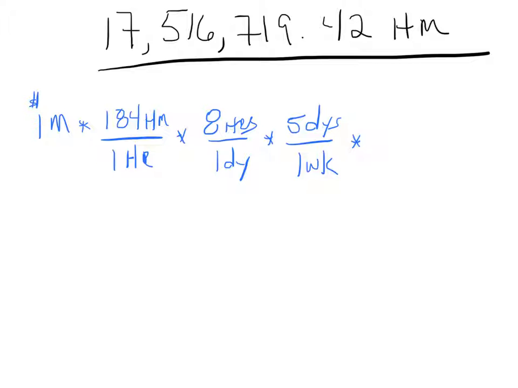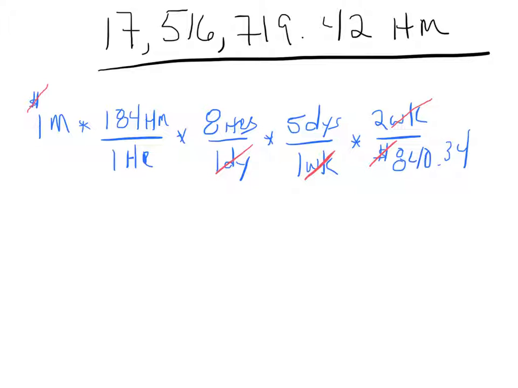For every 2 weeks, I got $840.34. Then if I go through and cross-cancel, okay, I got my dollar sign, everything that's above and below the